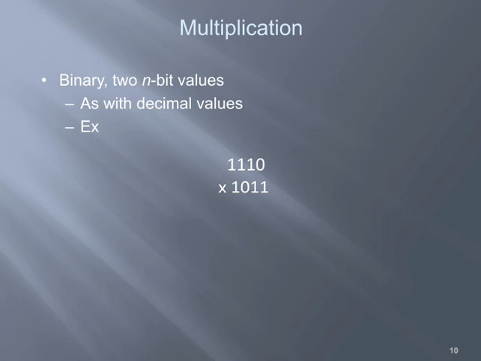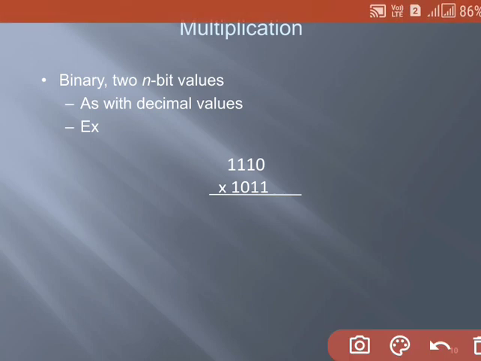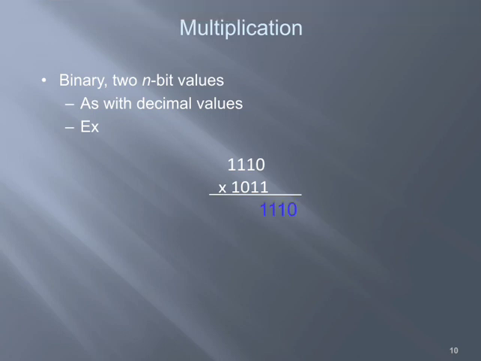I am multiplying 1110 with 1011, and again the same concept that we use for multiplication of two decimal numbers, I will be adopting here. First, take the last bit, 1, and multiply it with the whole number, so we get 1110, and again the second bit is also 1, giving 1110, and the third one is 0. When you multiply 0 with the whole thing, you get all zeros, and the last one, since it is 1, again 1110.